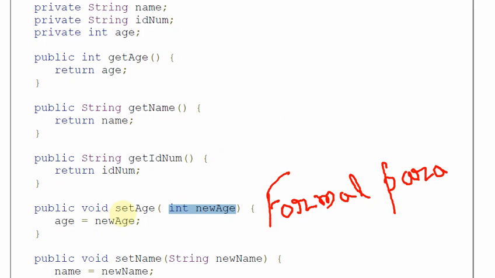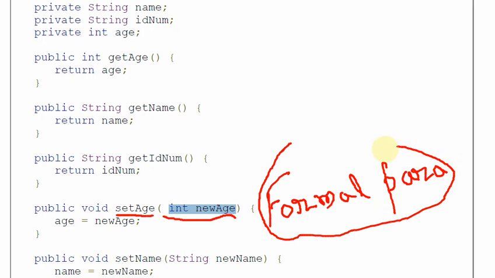This void setAge is a method, a parameterized method, and we pass an int type parameter, and this type of parameter is known as a formal parameter. Okay, very clear about it.